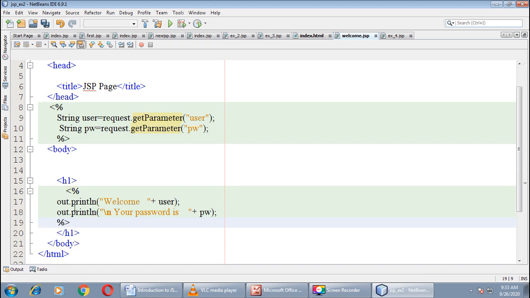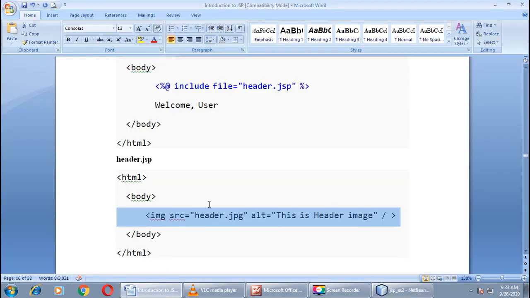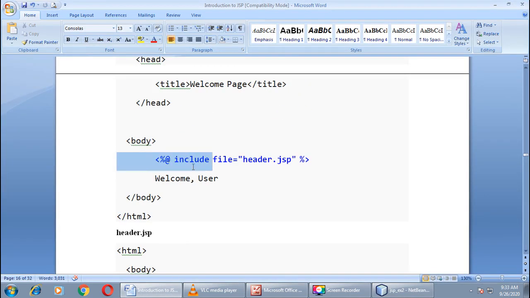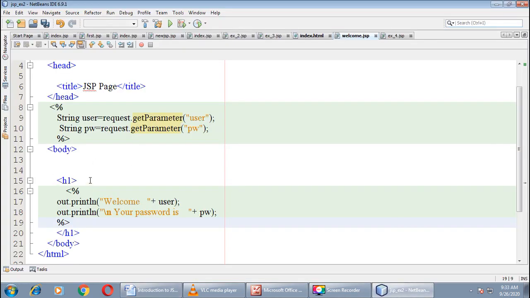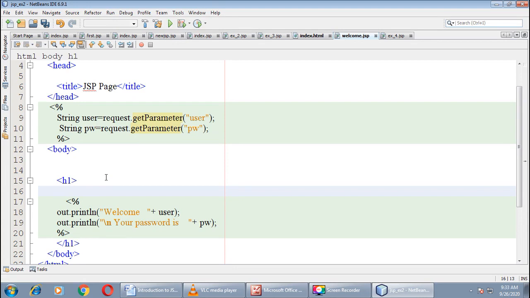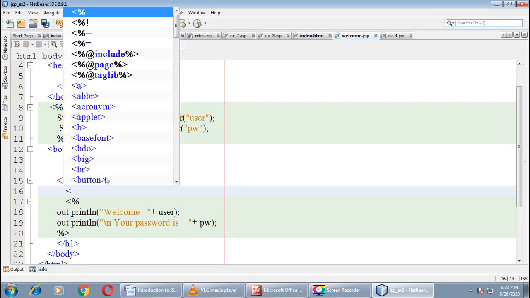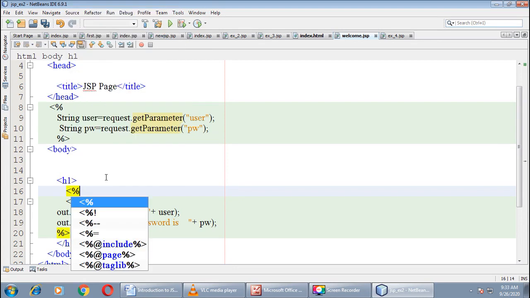Now my next task is to see how to use the include directive, right? So for that I have to do this thing only. So let us write in the header area. I want to include my header.php. For that we will use this tag as I told you.